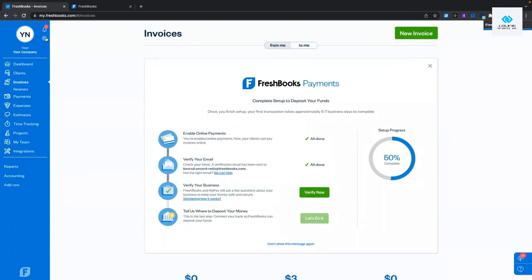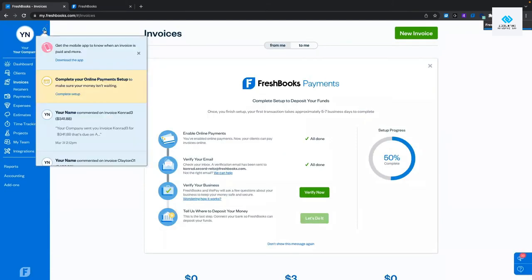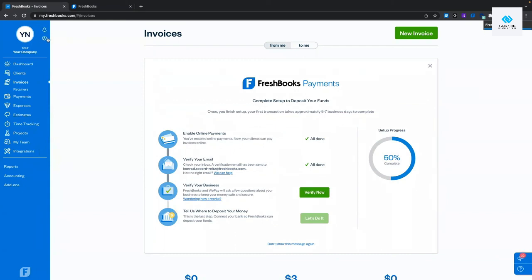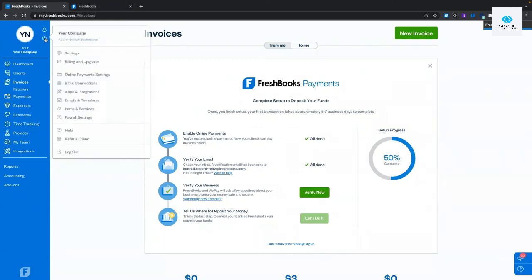First and foremost, you might notice at the top here, we have a notice now, little bell lets us know what's going on. So if you have stuff left to do, our system wants to let you know. So you can download the app. You can complete online payment setup, which for my purposes, I've half done to show you some stuff, but you can verify your business and tell them basically where to deposit your funds. This is WePay or FreshBooks payments, but this will show you your most recent notices, whether it was something sent, something paid. So we're going to click on the little gear icon, or you can click on your initials, and